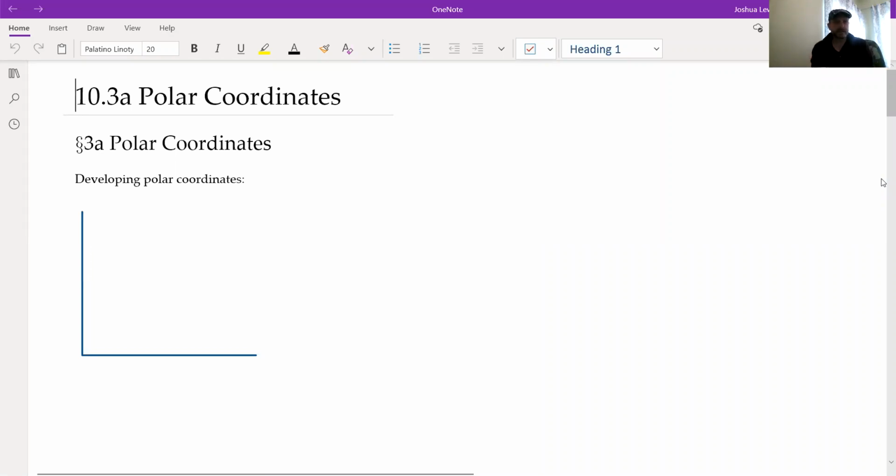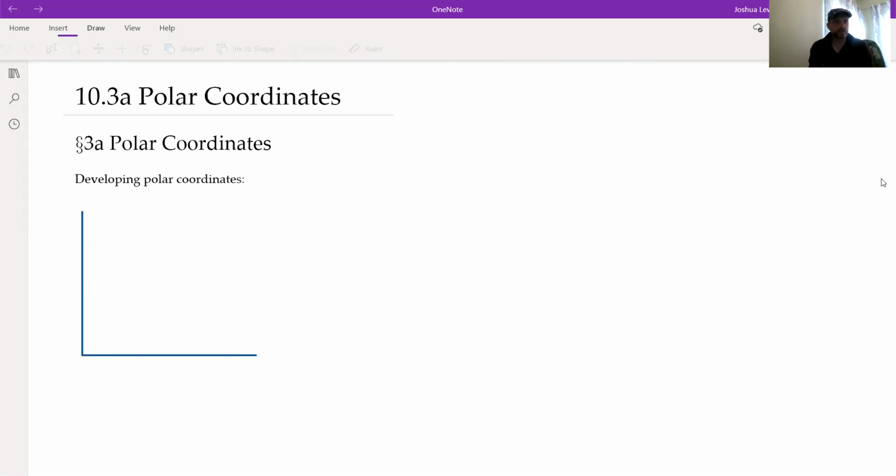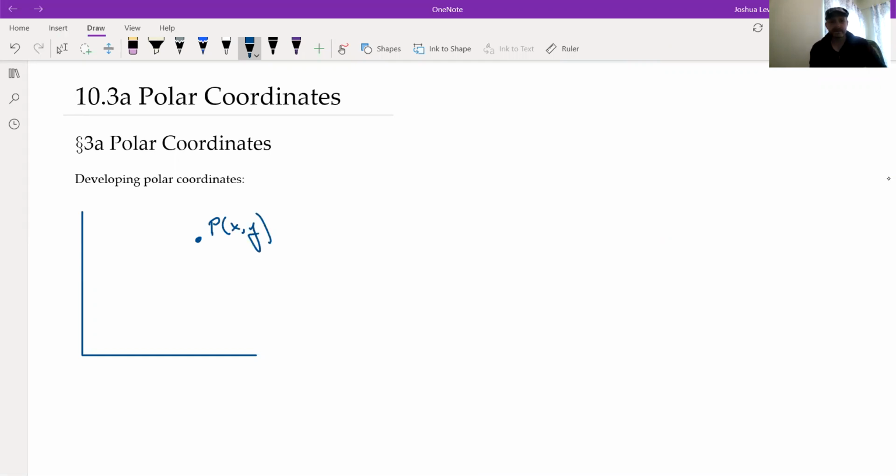is that instead of obtaining a point in the Cartesian coordinate system using, well, Cartesian coordinates, just simple left, right, up, down movements. Instead, if we had a point out here, let's say at this point we call it, I don't know, x, y. There's another way of representing this point. Notice that this point